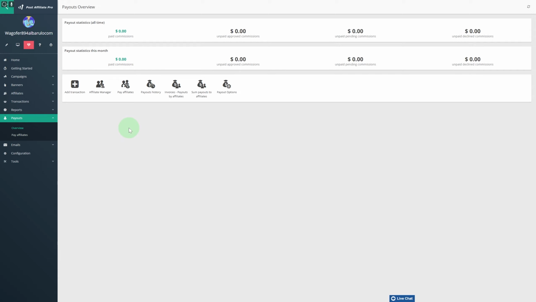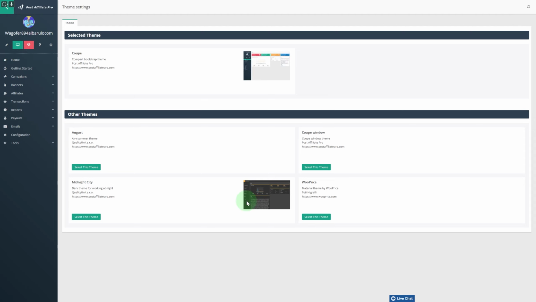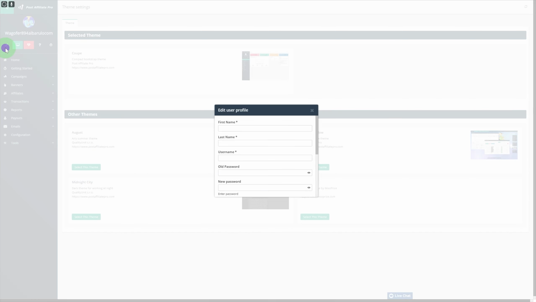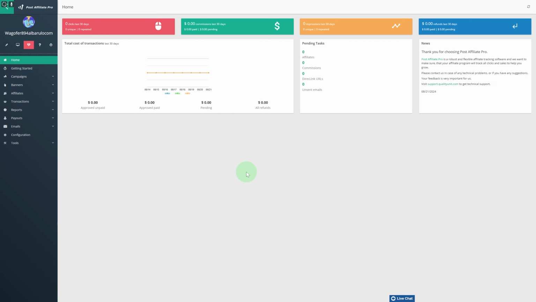You can add your transactions in here, your affiliate manager, pay affiliates, and much more. So a really great platform. And you can see we have theme settings, so we can also customize the themes for the app, and it is also available in the dark theme. You can see you can customize your account settings in here, so everything is quite possible. And make sure to give it a try. And you have this dashboard where you can see your total cost of transactions, pending tasks. And so since it is an affiliate, a platform for online businesses, you're going to be needing all of these